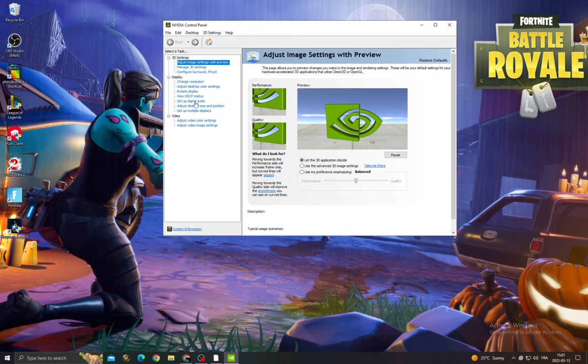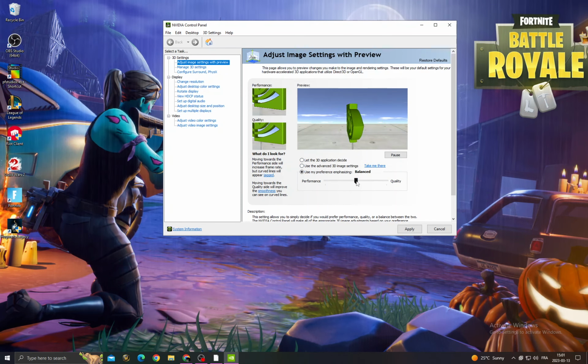and then click use my preference and move it to performance, and then click apply, and after that your problem